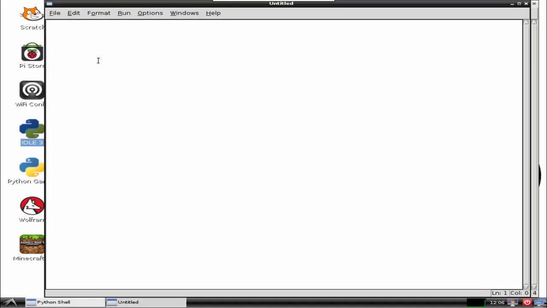A blank editor will open with a default file name Untitled. This is a place where you can write lines of code. Type the following 2 lines of code into IDLE.